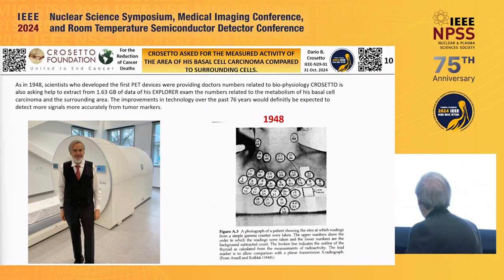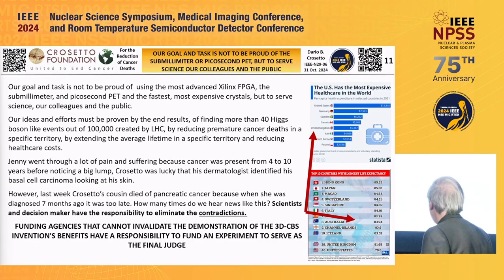So this is it: I'm asking for the measured activity of the area of my basal cell carcinoma. And our goal and task is not to be proud of the sub-millimeter or picosecond PET, but to serve science, our colleagues, and the public. Our goal and task is not this. Our idea and effort must be proven by end result, and the end result is not the sub-millimeter PET detector. It is removing this